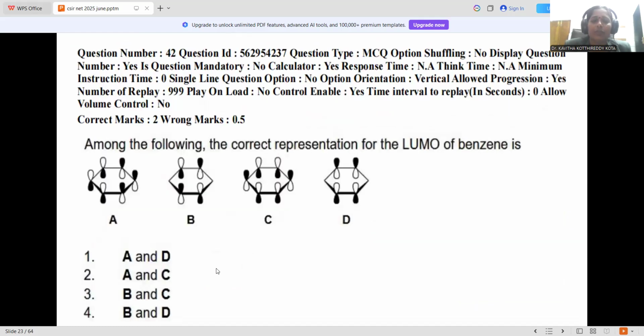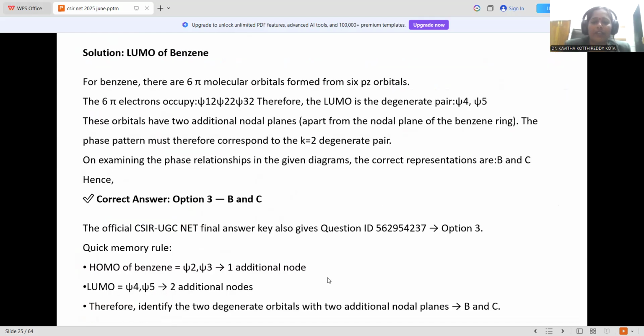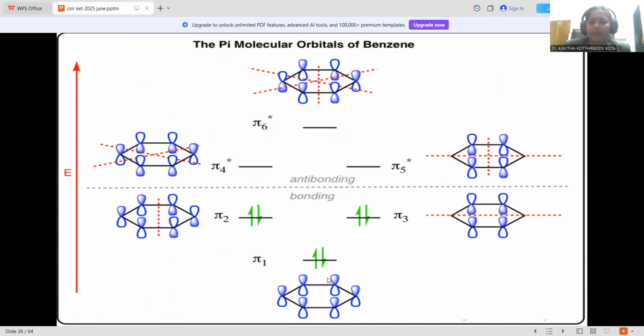Let me go with question number 42. It is also related to organic chemistry, pertaining to molecular orbital theory. Among the following, the correct representation for the lowest unoccupied molecular orbital, the LUMO of benzene, is, LUMO of benzene, right? So if we plot the benzene molecular orbital diagram, then you can clearly understand where you can find a LUMO and where you can find HOMO orbitals. First of all, we need to go for the MO diagram of